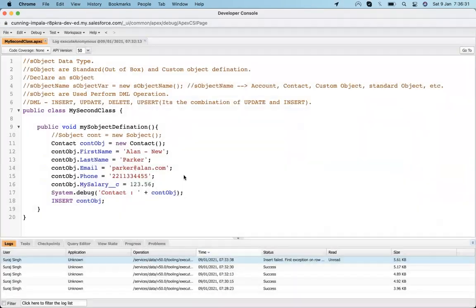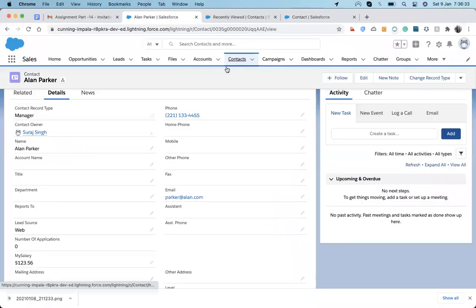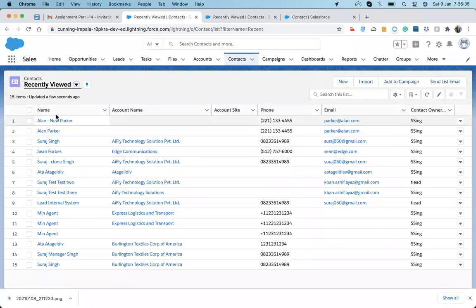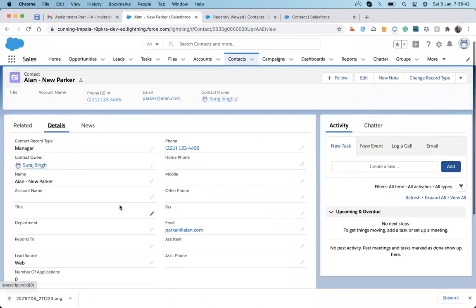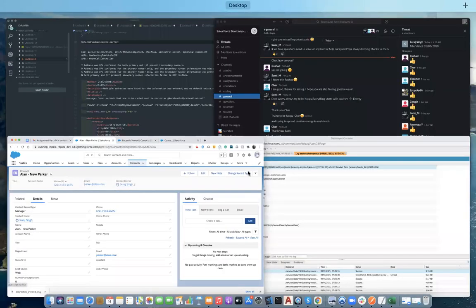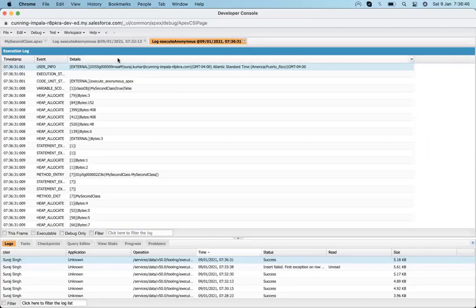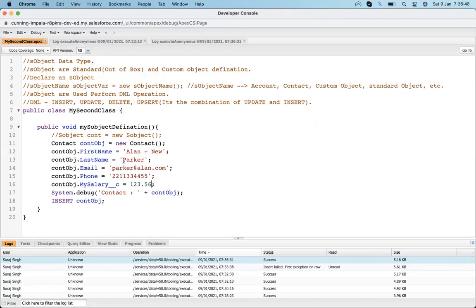Let me save it and execute. Once I execute, I will check it, and you can see a new record got created. It's got Alan Parker, Alan New Parker. So as objects, we are declaring this to get an instance of a contact. This instance contains first name, last name, email, phone, salary, and any of the other fields are also included.